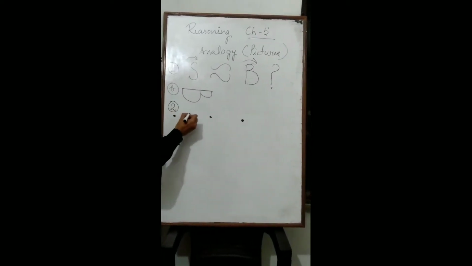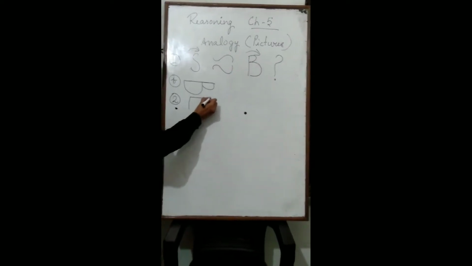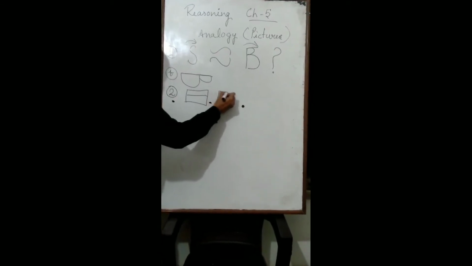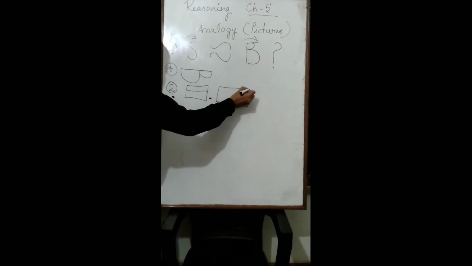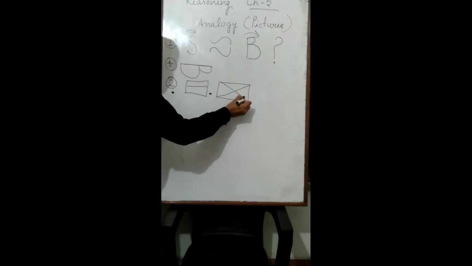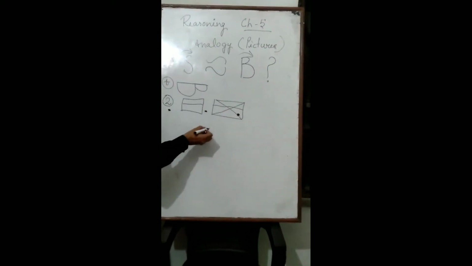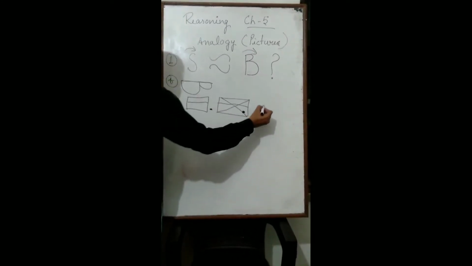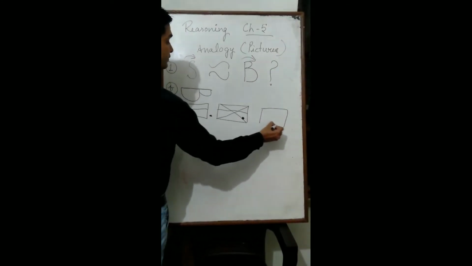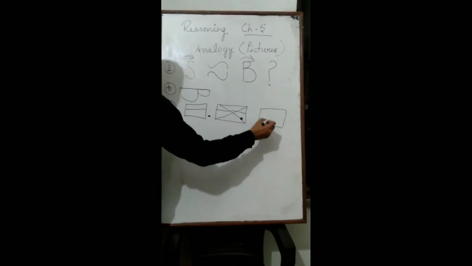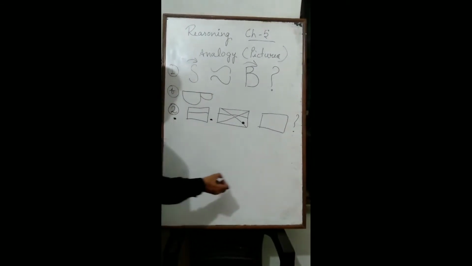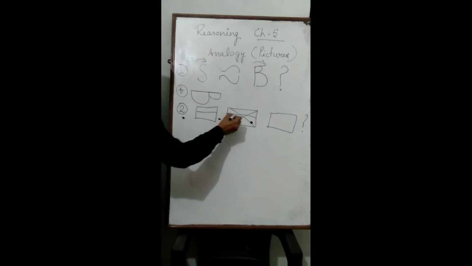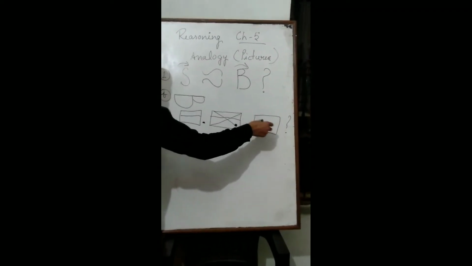Let's move on to question number 2. In question number 2, this value is given, only one line. Then in another figure 1, 2, 3 lines are there. You can see in the first figure one line is there, in the second figure 3 lines are there. In the next figure no line is there. And what is the last figure? You can see each has an odd number of lines. Here is 1, here is 3, then here is no line.